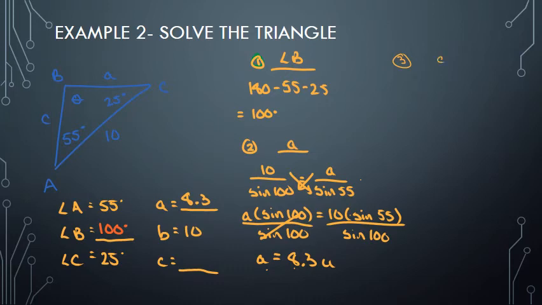Okay, so I'm going to look for C now. So same thing, I'm going to start with the fraction I know, so the A over sine A. But there's actually a little shorter way. I'm going to show you a bit of a shortcut. If you always put the thing you're looking for on the top left, so meaning C over sine 25,